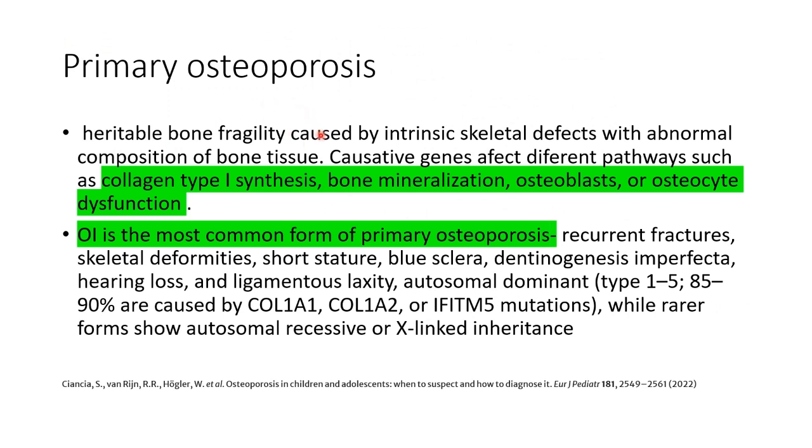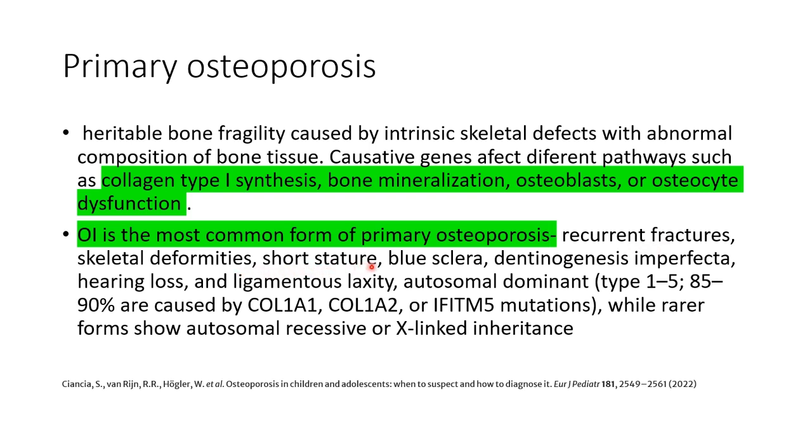What is primary osteoporosis? It is a heritable bone fragility caused by intrinsic skeletal defects with abnormal composition of the bone tissue. Causative genes affect different pathways, such as collagen type 1 synthesis, bone mineralization, and osteoblast or osteocyte dysfunction. Among them, osteogenesis imperfecta is the most common form of primary osteoporosis, which will lead to recurrent